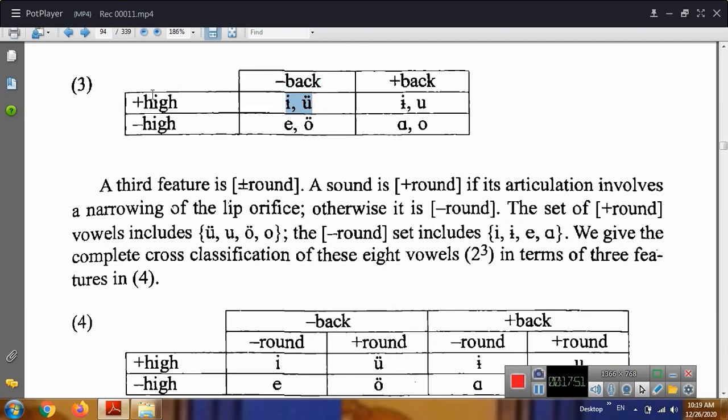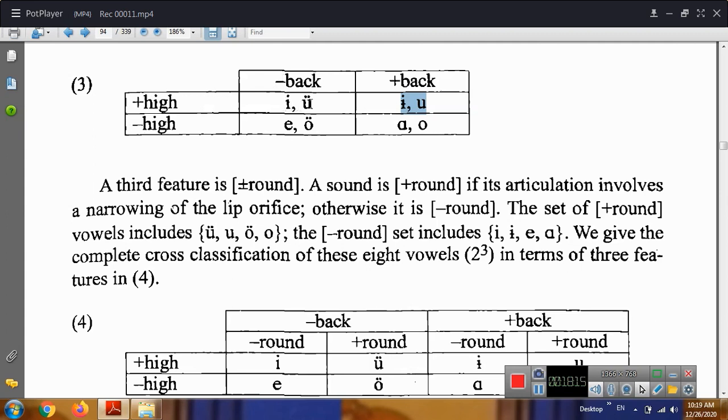For example, when we say plus high, we have these 4 sounds, these 2 and these 2. But when we say we want those sounds which are plus high and minus back, we have just 2